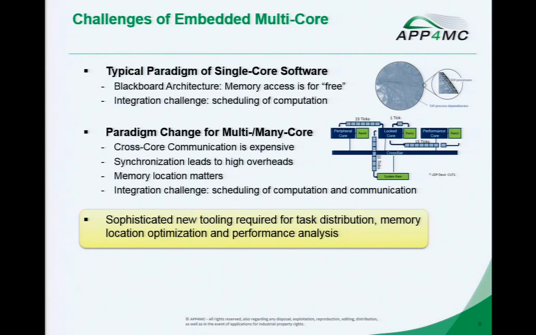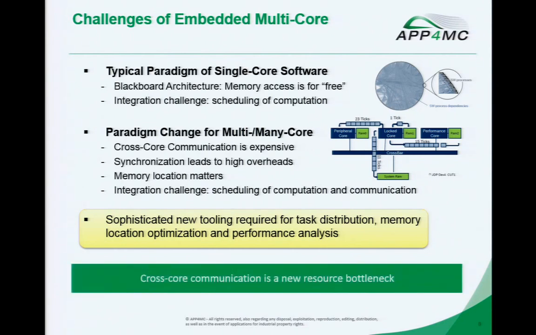A connection to another RAM is already 15. Connection to system RAM, 11 ticks. Connection to another core, or communication with another core, is even more expensive. So now it really does matter where to place the different programs that will be executed, but also where to place the data.